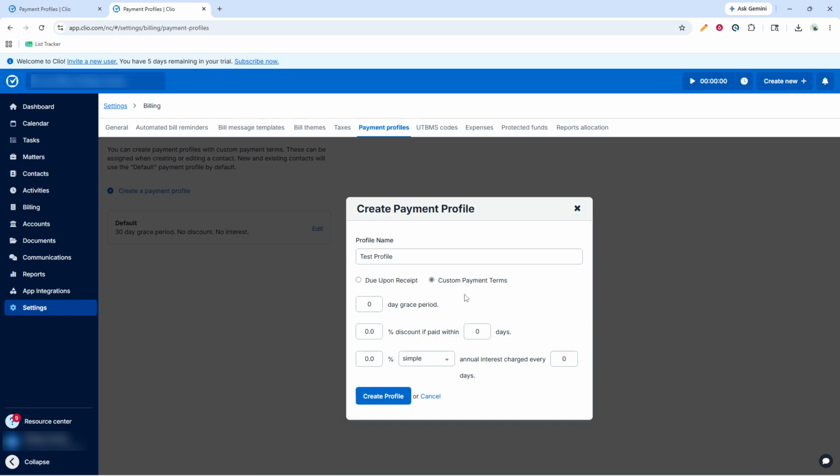Configure your billing plan details carefully. Set a grace period if you want to allow a short window before an invoice is considered late. This can improve client relationships without sacrificing structure. If you reward early payment, enter a discount percentage and specify the discount days to define how long that early